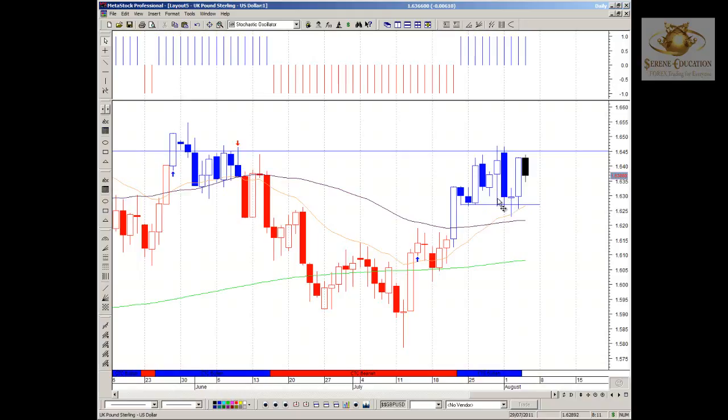Lower wicks, yes, but price action closed higher than that, so we saw a support area, and sure enough we had a doji at that area, and we saw a bounce higher. That's because of great figures yesterday. We saw some beautiful